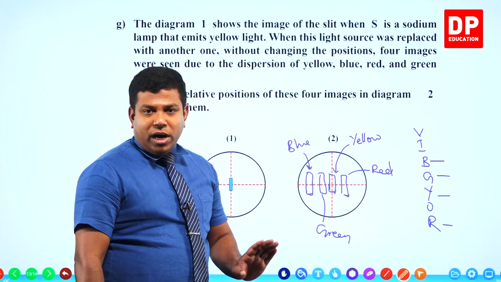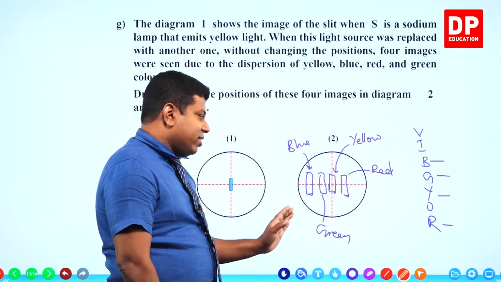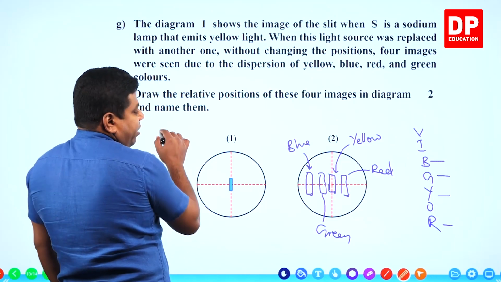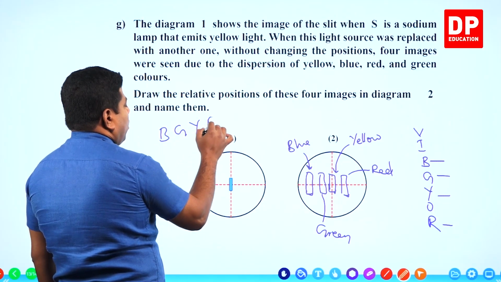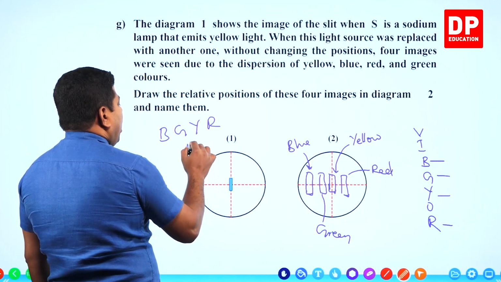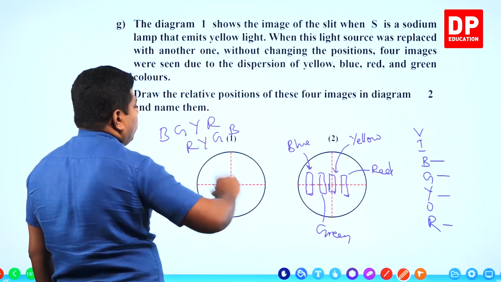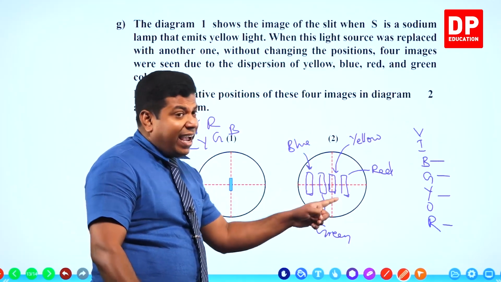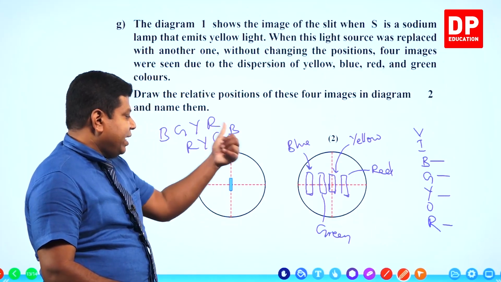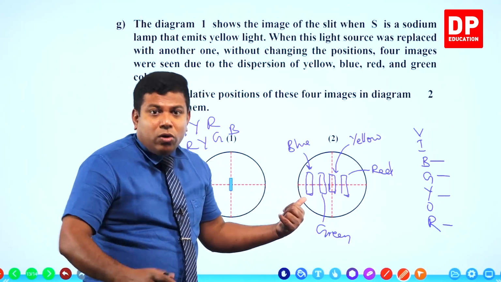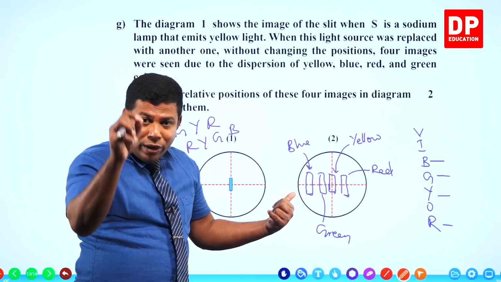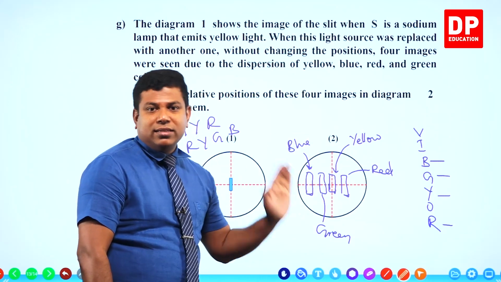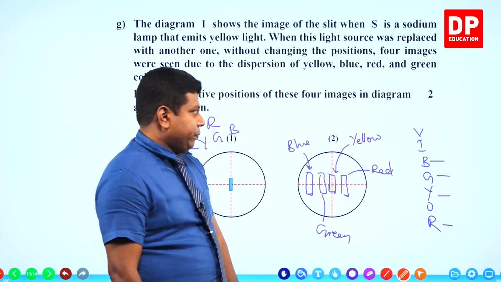In this exam, they give marks even if you have interchanged. Let's say you have written red on this side, green and blue on the other side. Whichever the order, either you have to write B, G, Y, R order or R, Y, G, B order. Both were given marks. But you had to ensure the one on the crosswire has to be yellow, because for yellow we have already set the crosswire such that yellow light's image coincides with the vertical crosswire. So yellow has to be there. Others can be on either side. Make sure you maintain the order.